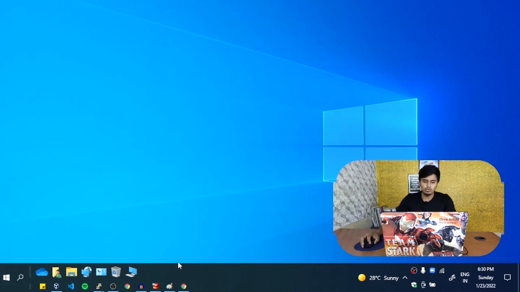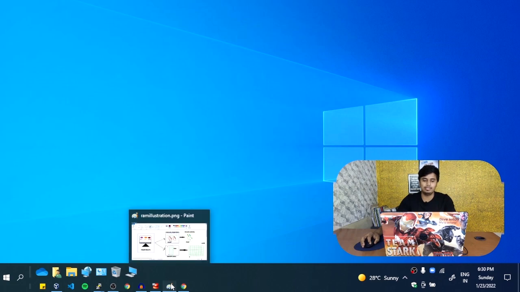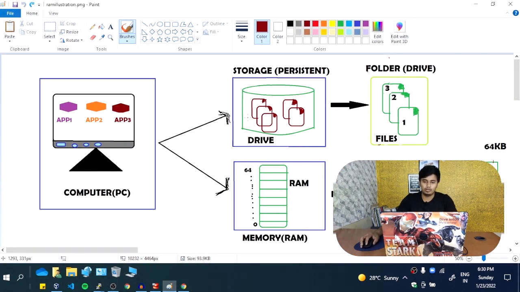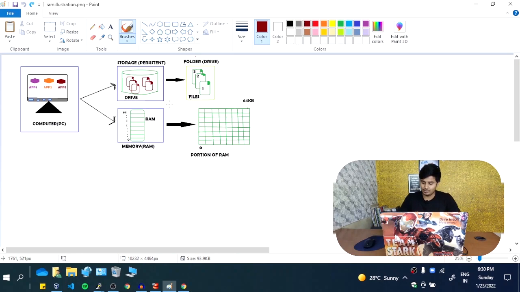Okay, to explain this with proper visualization, I have created an illustration here. So here is the illustration. Let me explain what happens. So think of a scenario wherein I have a Chrome application, wherein I want to run this Chrome application. This Chrome is nothing but what is also called a program. Okay, so if I say program, this will have a set of lines, that is a code. Code is written. So this is basically my program.